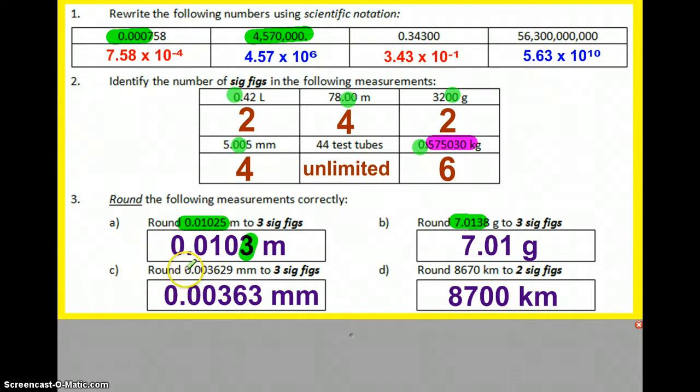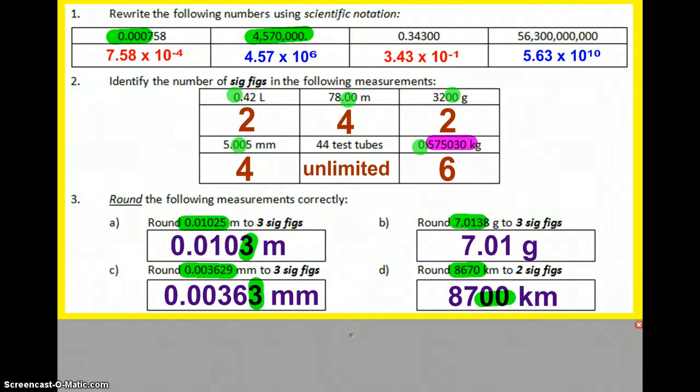Letter C, 3 sig figs, zeros in front don't count, 3, 6, 2, and then the 9 tells me to round up, which is why I have the 3. And then the trickiest one here, rounding to 2 sig figs, I need the 8 and the 6, and the 7 tells me to round up. But I don't just write 87, I have to write these two placeholder zeros